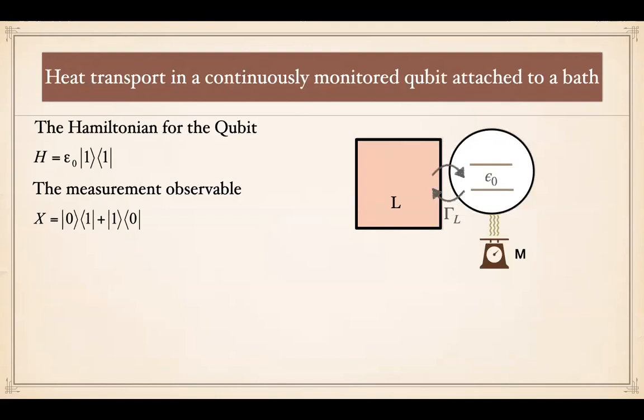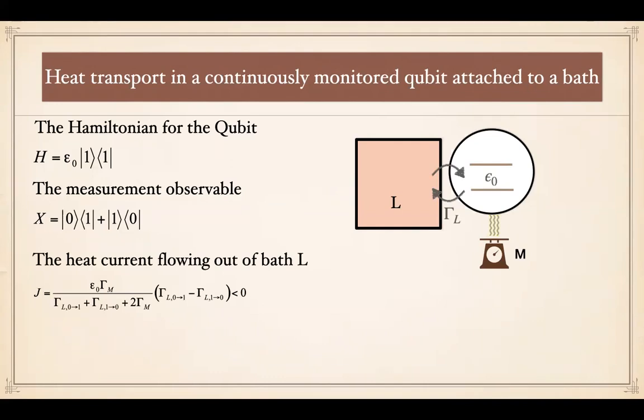But what we add to that is a measurement. So what we want to do is include the measurement on top of this. Let's think of a simple setup where we have a system, which is a 2-level system. And we have a thermal bath, which is given by L. And on top, we have a measurement probe, which does some kind of measurement. When we say measurement, we usually talk about incompatible measurements, right? Because we want to have some effect of the measurement on the quantum state of the system. So let's say the system is in the sigma z basis, and the measurement observable is in the sigma x basis.